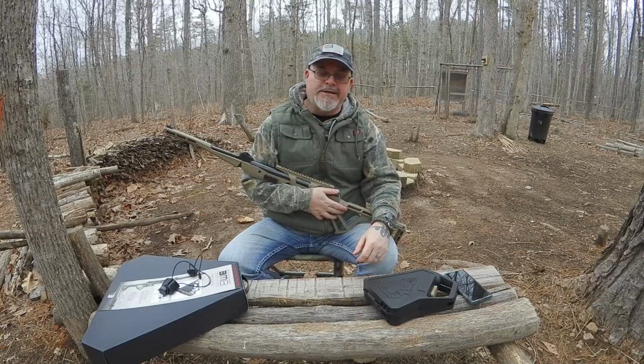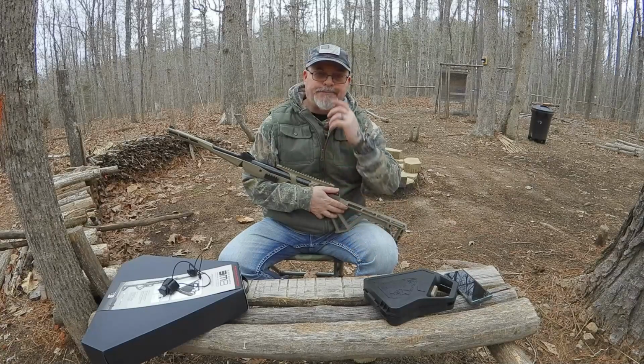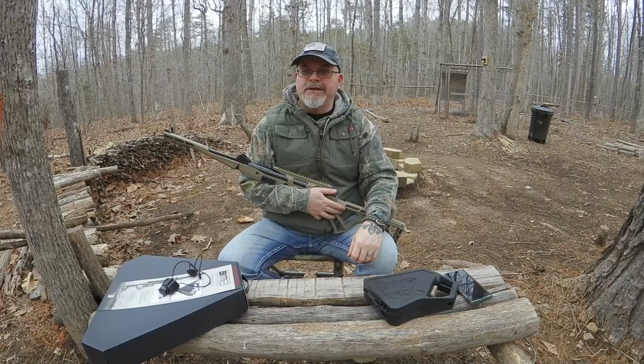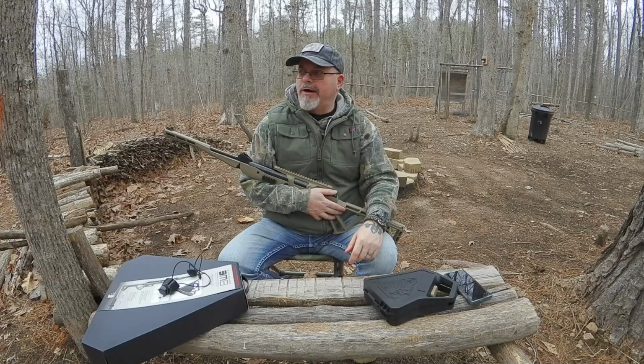This thing is easily going to take out a rabbit or squirrel or a bird, if you're shooting a dove or anything like that. Quail. I mean, you could easily take out a prairie chicken. If you don't know what a prairie chicken is, that's a grouse. So do I think it's a very viable gun? Yeah, with those